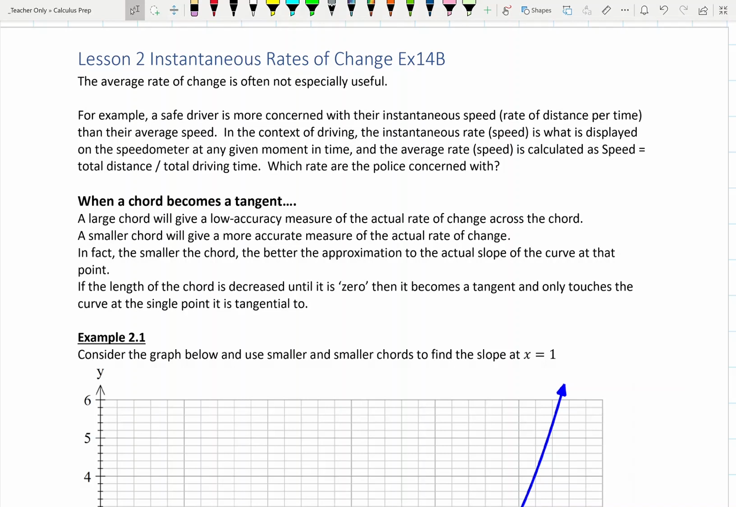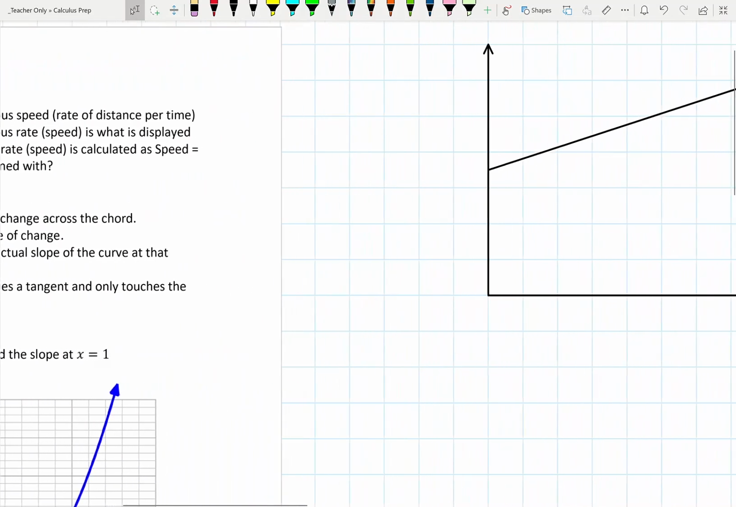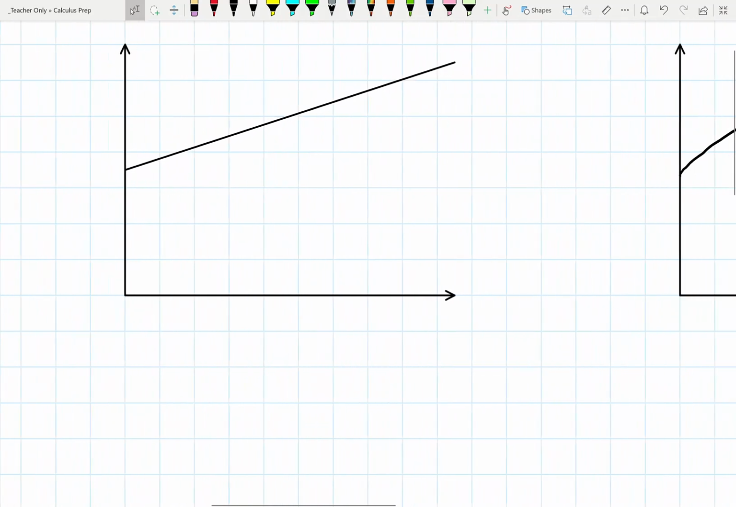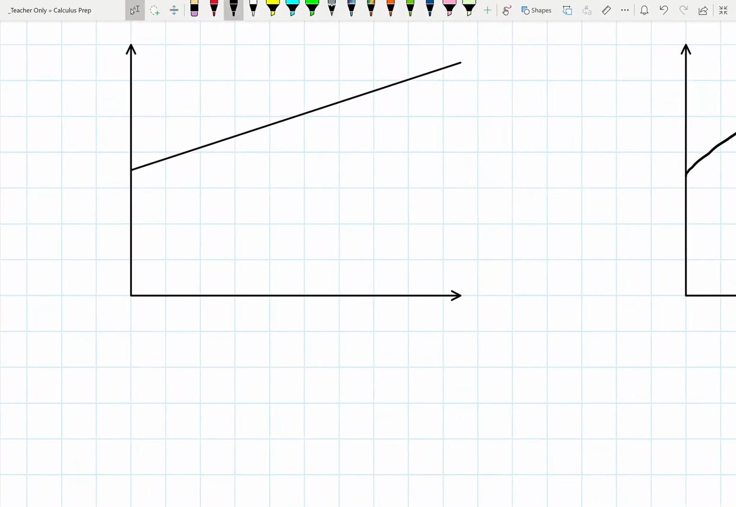Okay, in lesson 1, exercise 14A.1 and 2, we became more familiar with the idea of a rate of change between two variables being equivalent to the slope of the graph between the two. We had the two scenarios where we had a straight line with a constant slope. So no matter where you drew the triangle to measure rise over run on the graph, you would get exactly